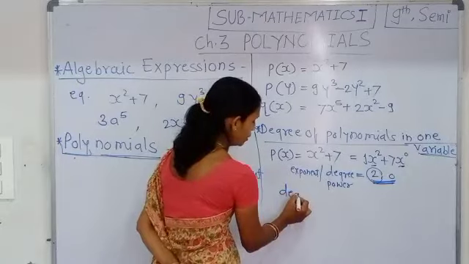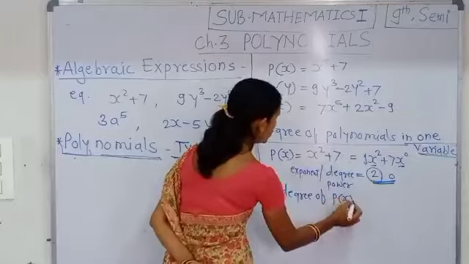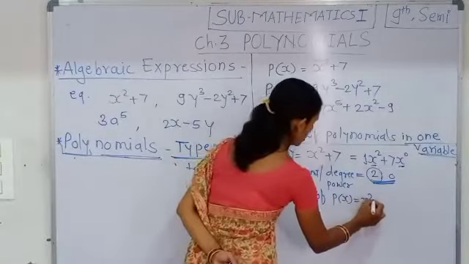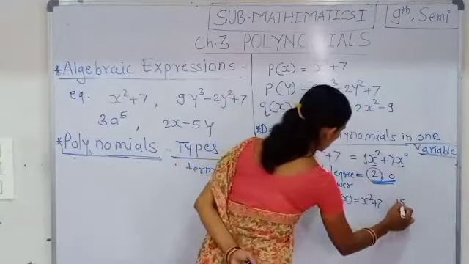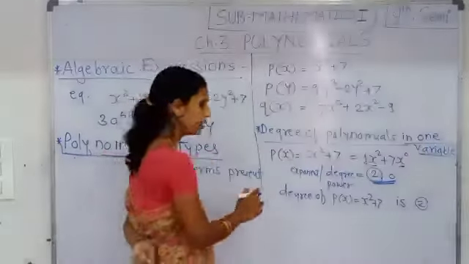Therefore, the degree of the polynomial in the x variable, x square plus 7, is 2. Similarly, then see here,